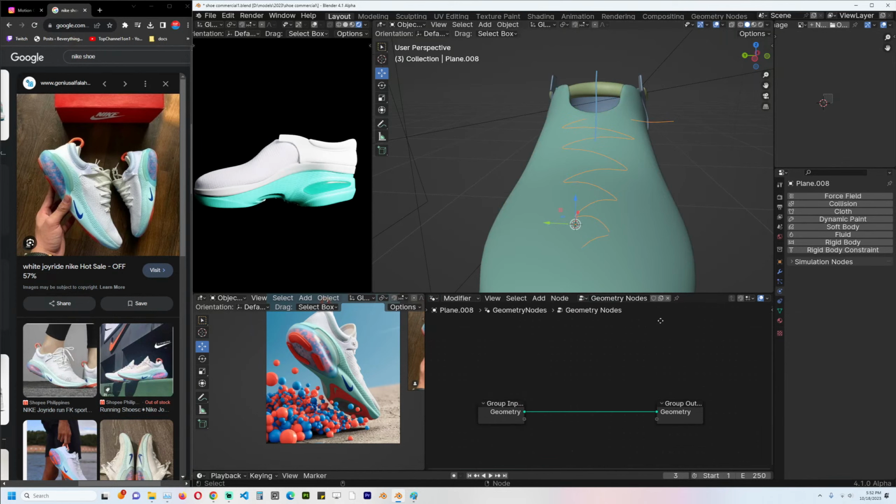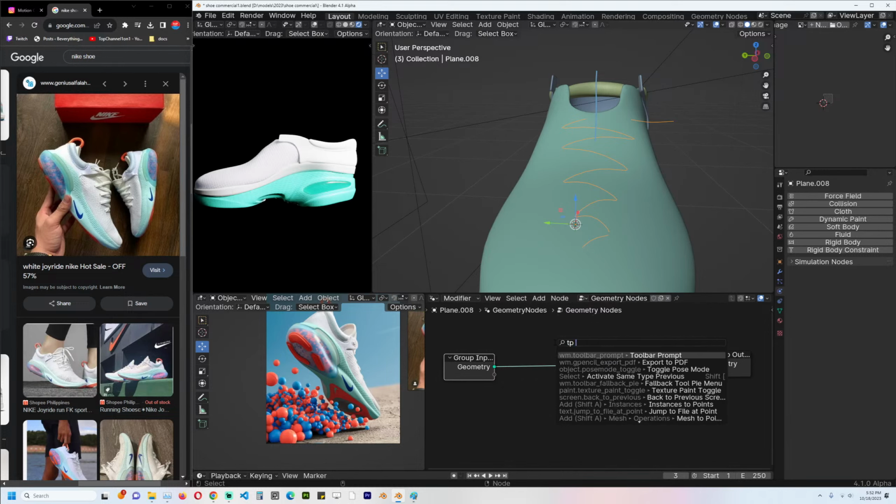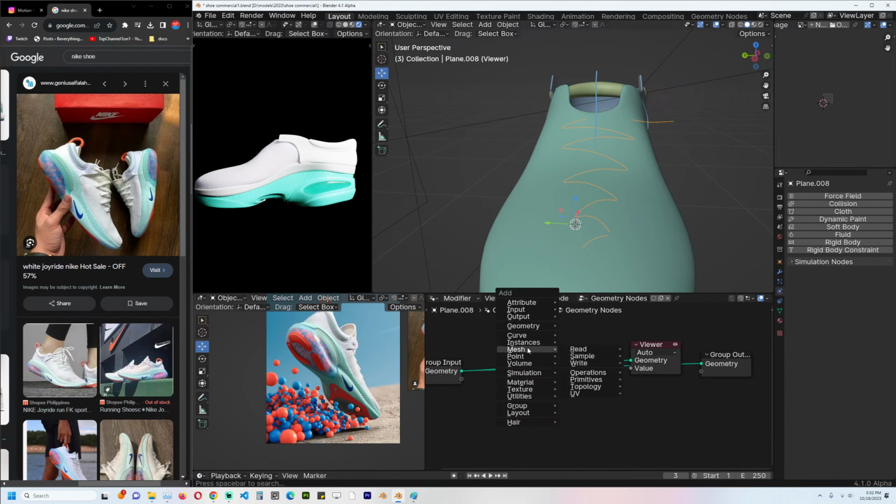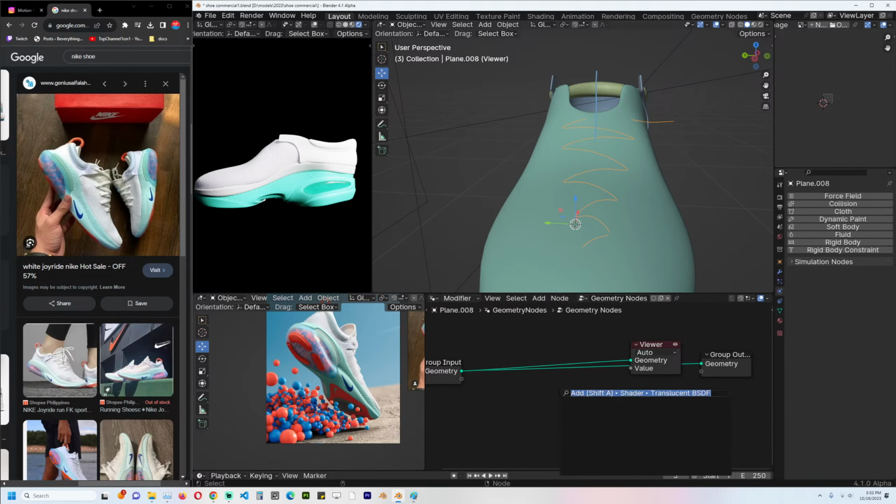And I'm just going to convert this to a curve, mesh to curve, and no, I want mesh. Okay, let's search mesh to curve here,